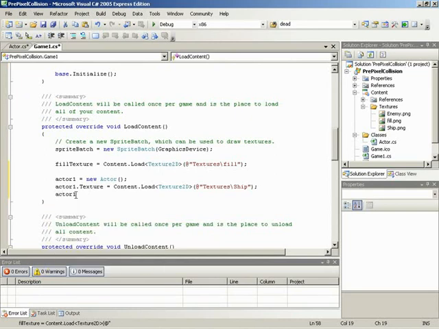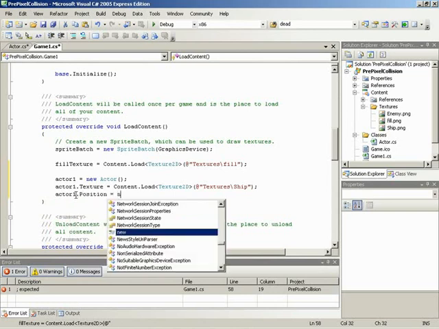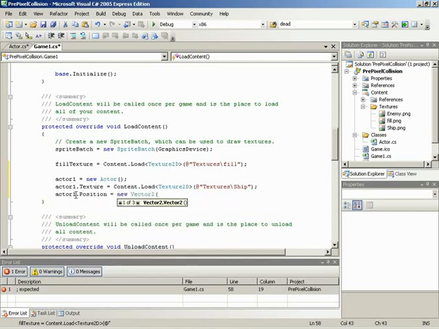And we know it's 800 by 600, so we can just go ahead and divide all that by 2. So we already have some of the division out of the way. Half of each is 400 by 300. Exactly. So Actor 1's position, for that we'll create a new Vector2, and the X component will be the